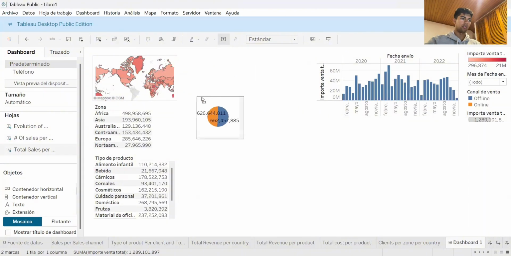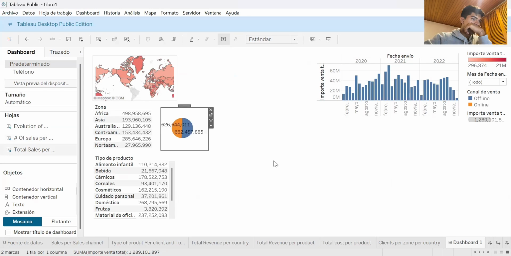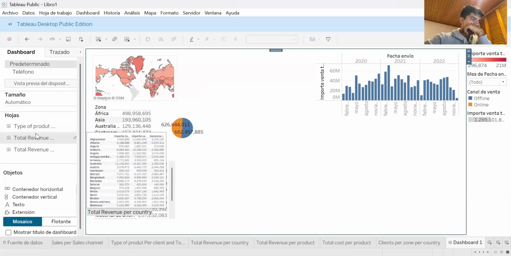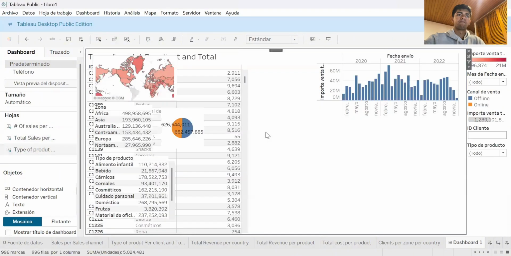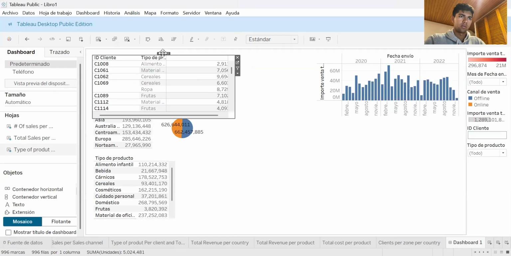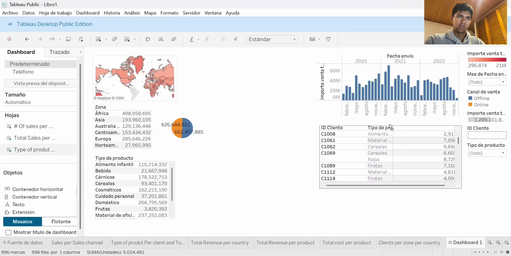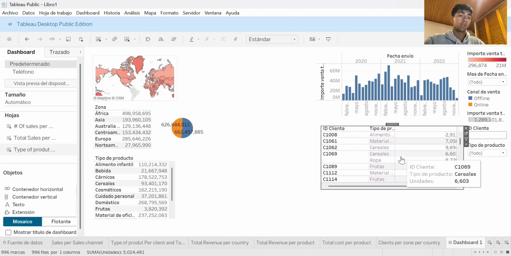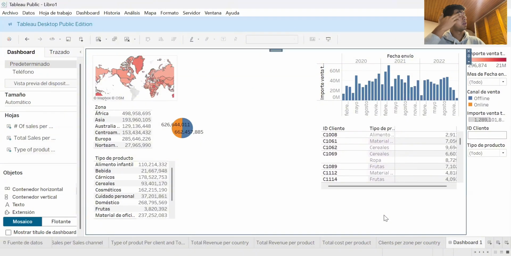We can leave it here. Title, float, another one, like this is good. Perfect. Next one,